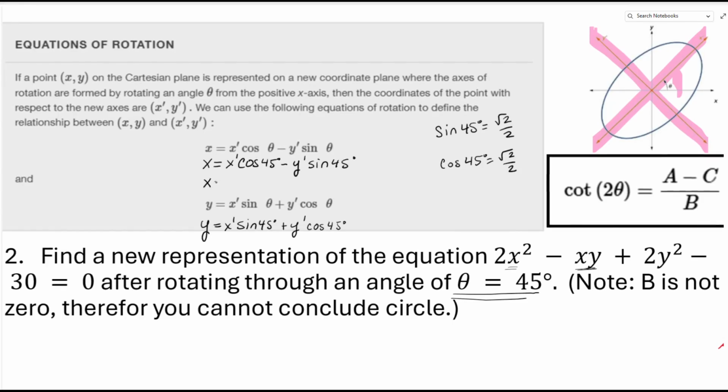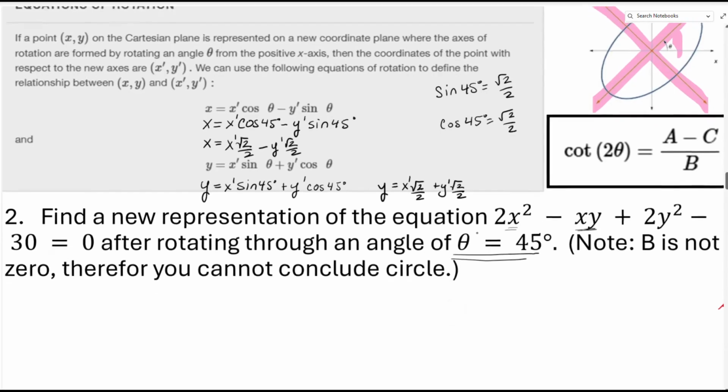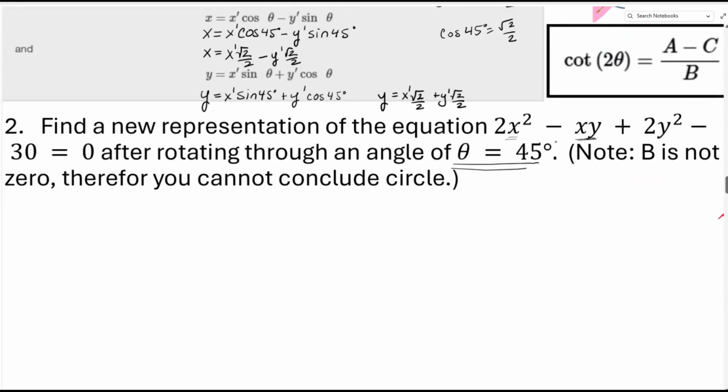that means that our x is going to get replaced with x prime root 2 over 2 minus y prime root 2 over 2. Okay, and very similarly, our y is going to look like x prime root 2 over 2 plus y prime root 2 over 2. Okay, so what does that mean for us? That means that I'm going to take this equation now,